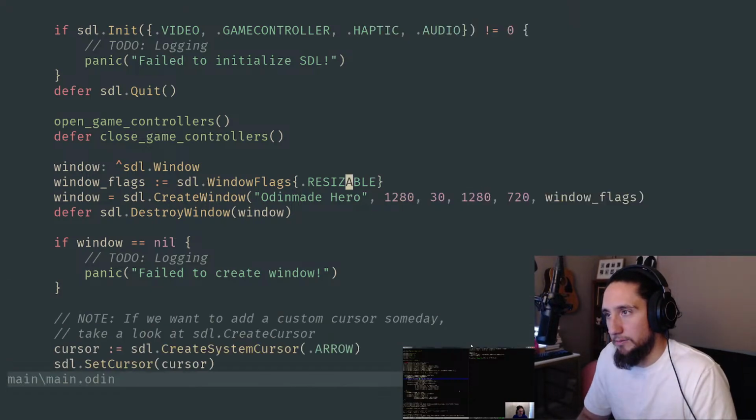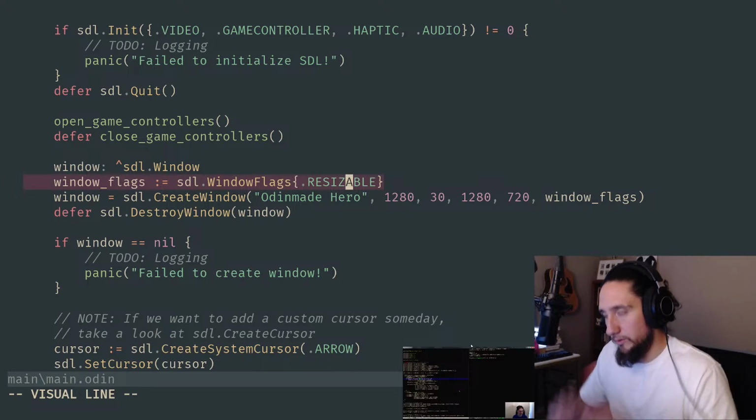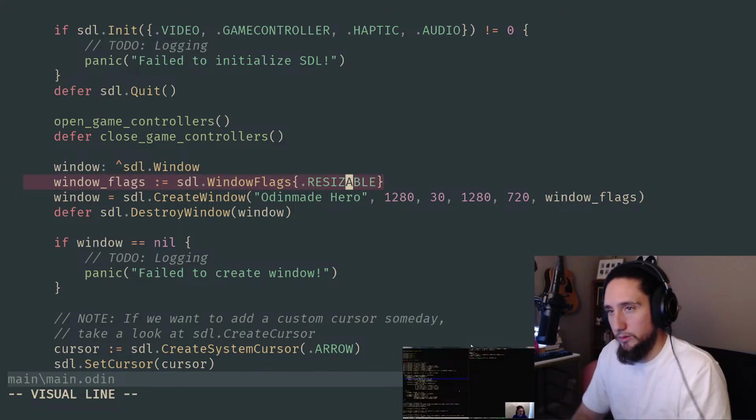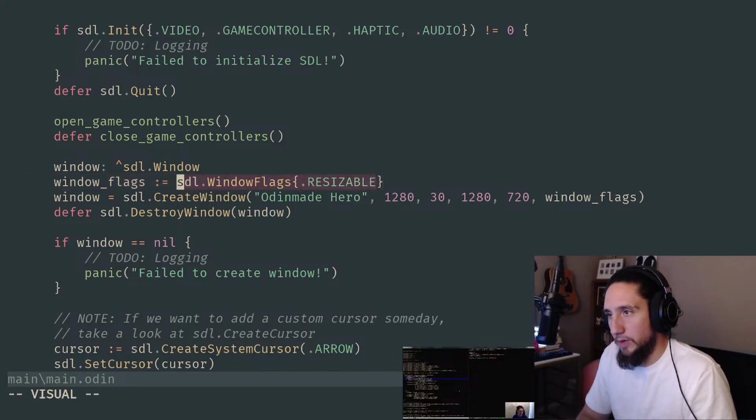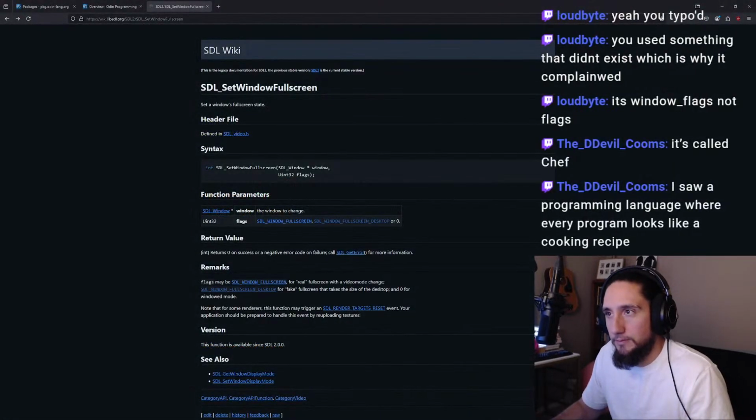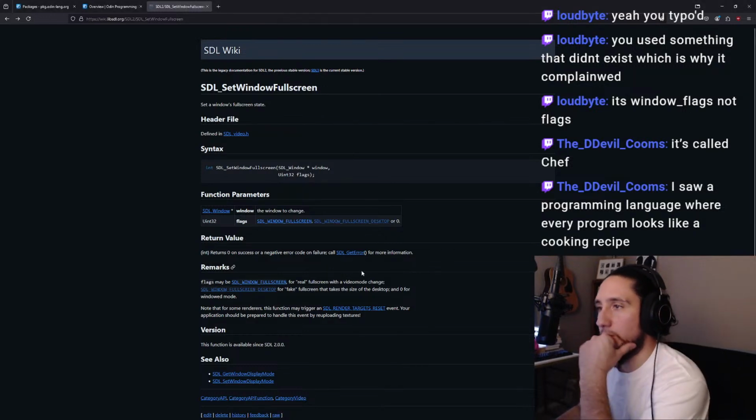But this can't be the global thing that we have, because when we go to set the full screen, whether we're in full screen mode, the fact that we have resizable set in here, right? If we were to make this the global flags, maybe we just ignore it. Like, what would be the actual output? There's only one way to find out, if we call this using